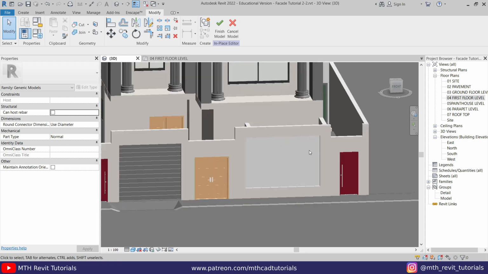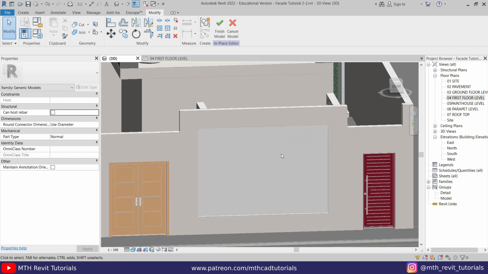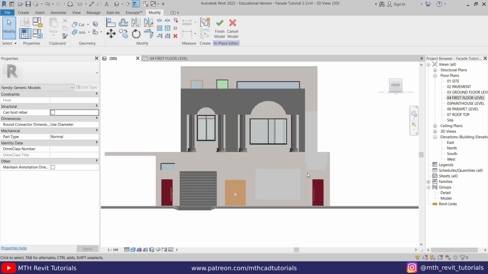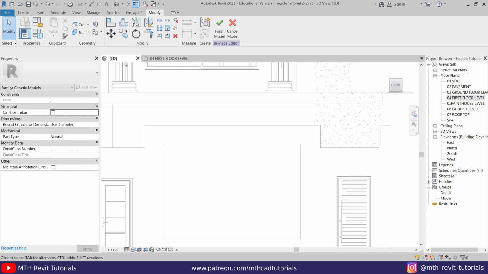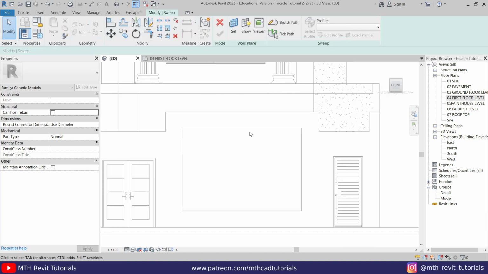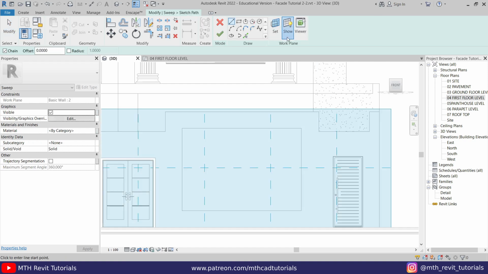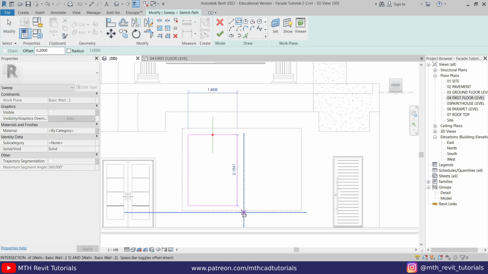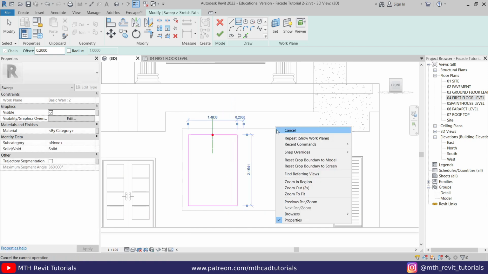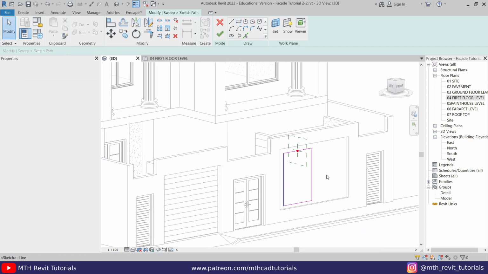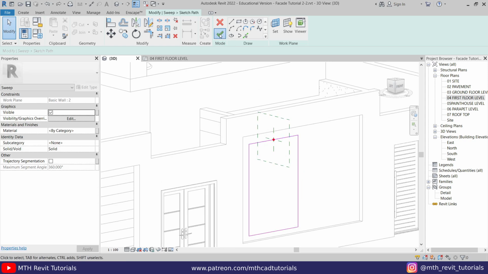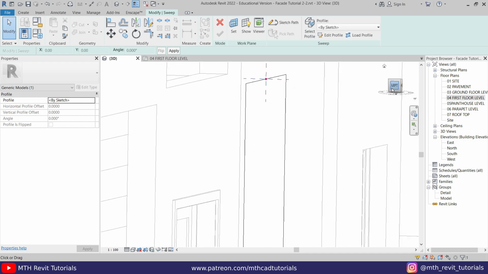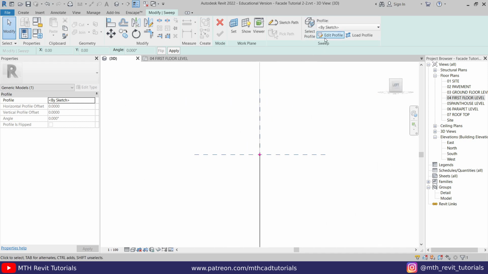Now we want to create the sweep in the middle of this void. So go to the front view, go to create, select sweep. The work plane is already set on this wall, so let's use sketch path and then draw a rectangle 0.2 meter and just draw a rectangle here like so. And let's create the profile. So first click finish and go to left view and edit profile